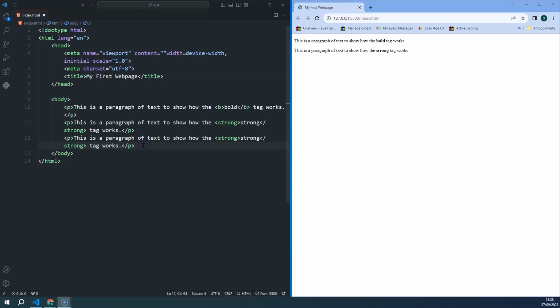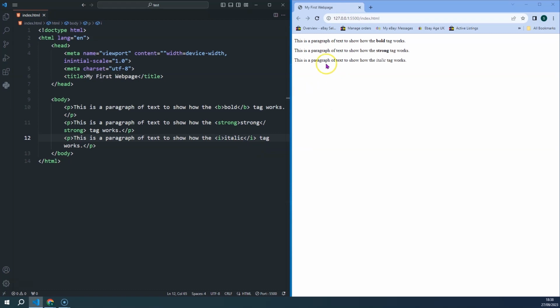So you would use the I tag if you were doing anything like that in your document. So let's change this again, so it's just simply I, and then we'll change that to the closing I tag, and we will change the word strong to, let's just put in here italic for now, because it's also known as the italic tag as well. So if we save that,